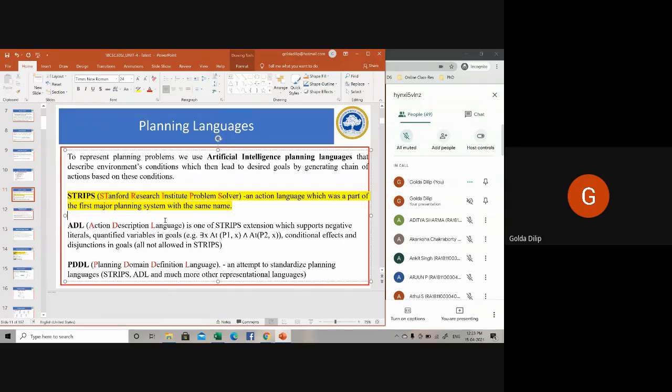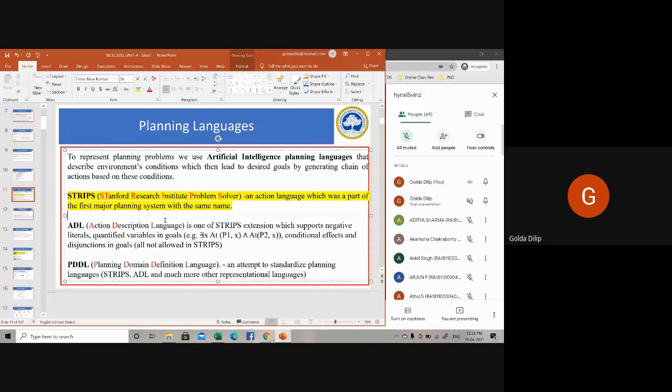For example, if I say I want coffee, STRIPS will have some precondition. The precondition is I am hungry, so I want coffee. If the preconditions are satisfied, the action will be serve coffee.